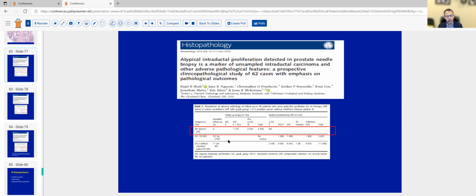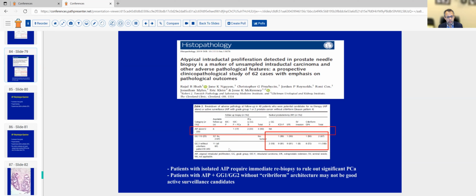For patients with grade group 1 and grade group 2 without any cribriform pattern, the vast majority of them presented with several adverse pathological features: either presence of intraductal carcinoma, grade group 3 or higher, extraprostatic extension, or seminal vesicle invasion. So the conclusions that we can derive from our experience is that patients with isolated atypical intraductal proliferation require immediate